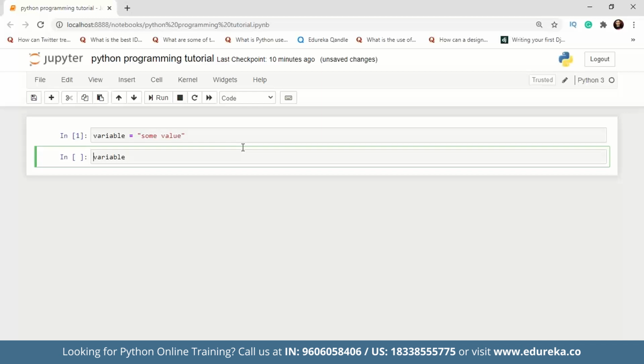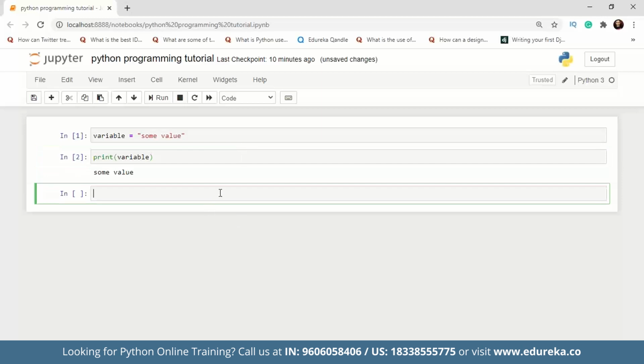Now I can use a method. This is a predefined print method that I can use to return the value. So this is how we get the value from the variable. We are using this print method. A method is basically a function. I will discuss this as well.